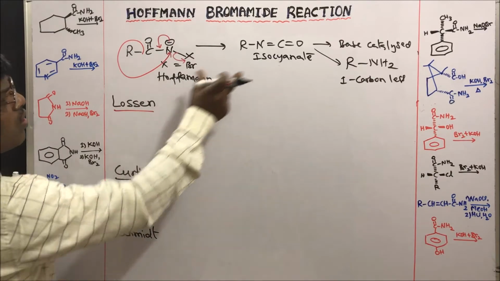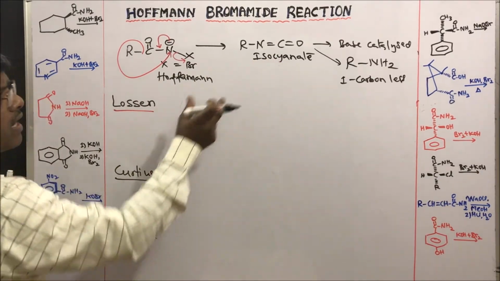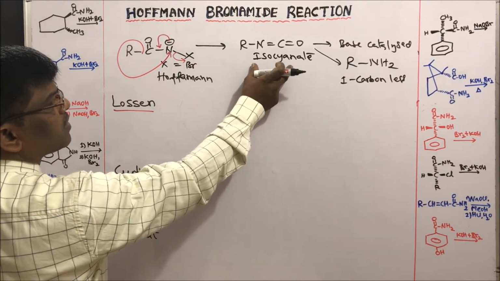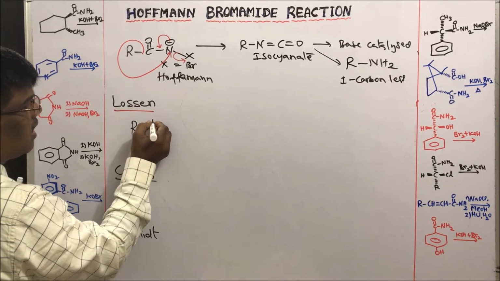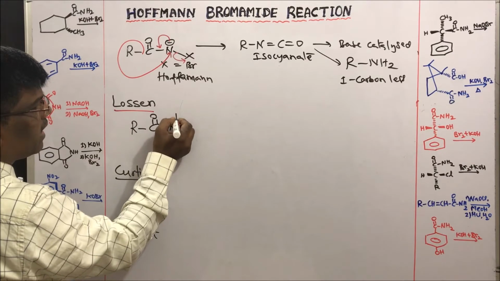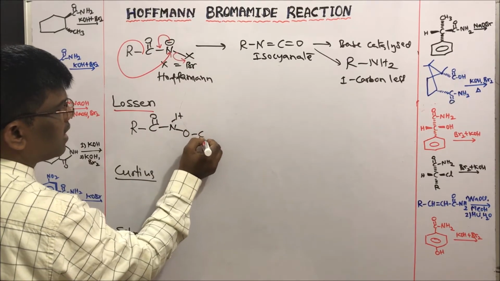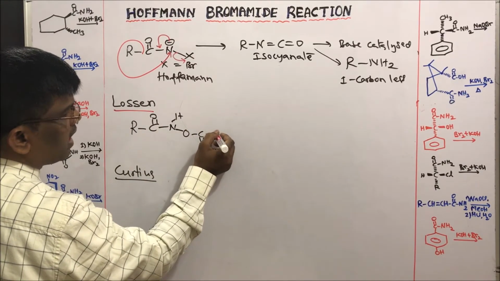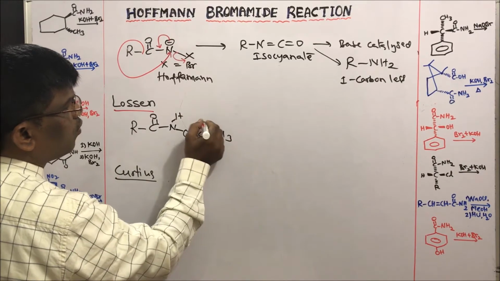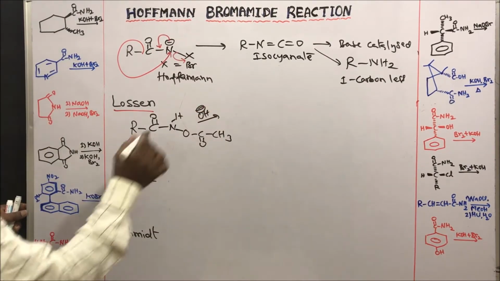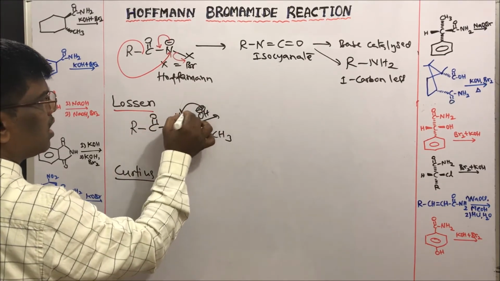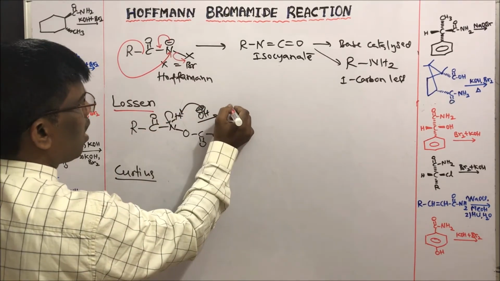The Lossen reaction also undergoes a similar type of reaction, which forms isocyanate as an intermediate. The Lossen starting material is RCONH-OCOCH3. This is a carbamic acid acyl ester or acyl derivative, which upon reacting with base, the base abstracts this proton and it is going to form